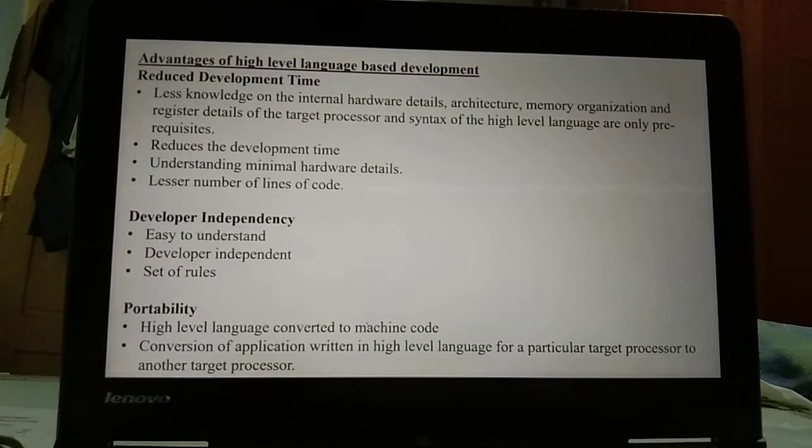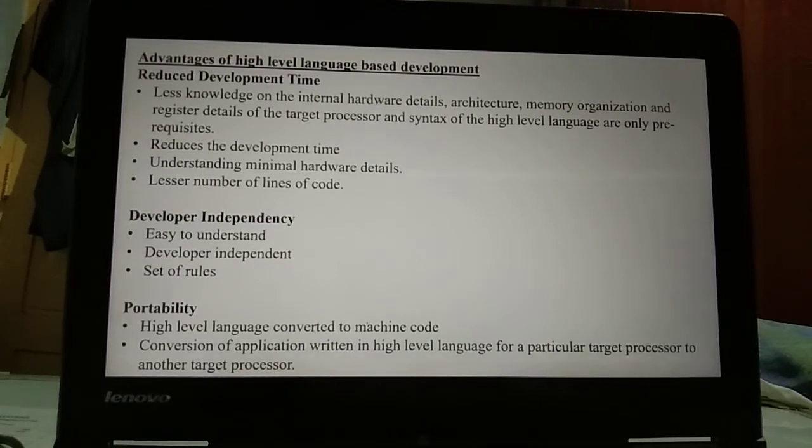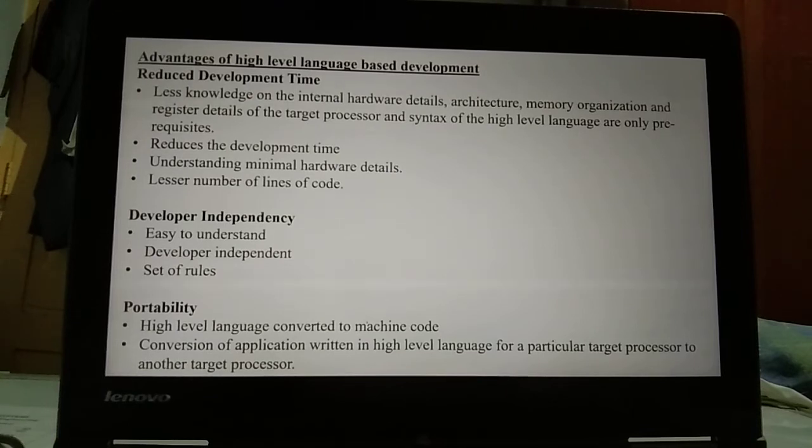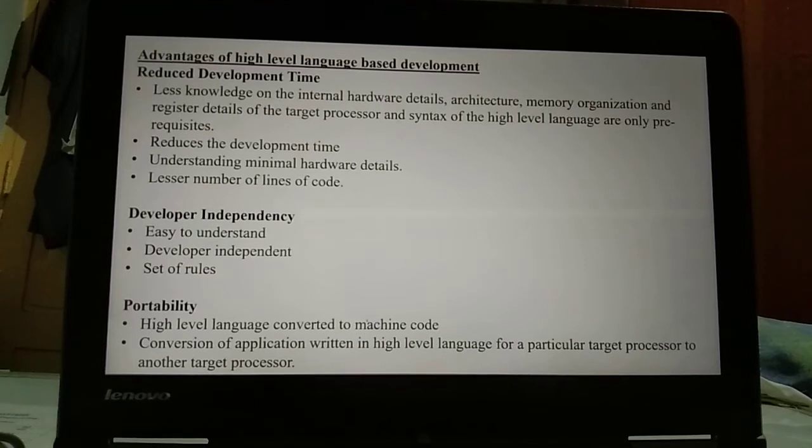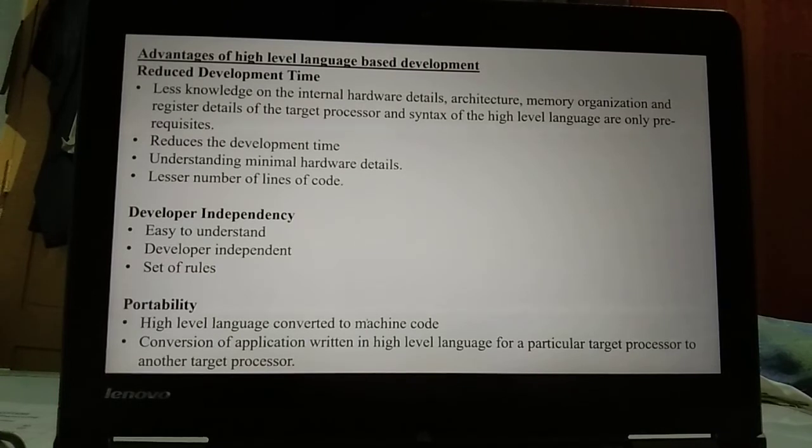Conversion of an application written in high-level language for a particular target processor to another target processor is done by little modification and recompiling it for the new target processor, and this will have a cross-compiler support. Hence, the portability is easy in high-level language-based development.